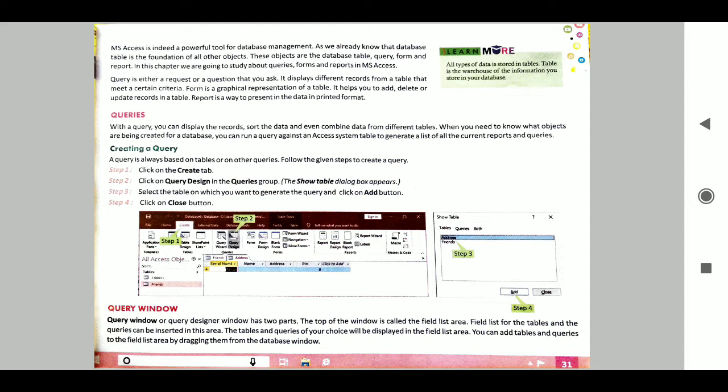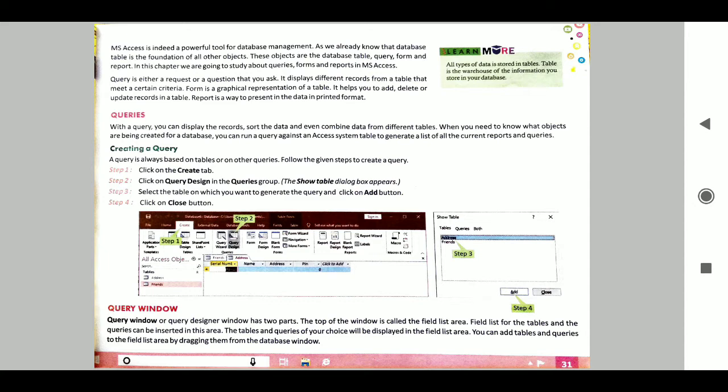Forms are nothing but to put in the related data, that is name, address of a person, like a pin code and so on. Then the report is the most important thing of a database, to generate the report, like a report card. We can take the example of your report card, that is an example of generating a report of any data that is inserted or given in the database.